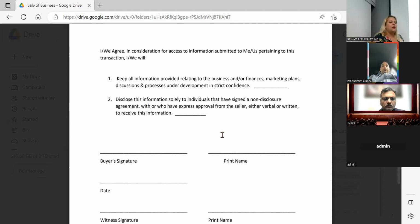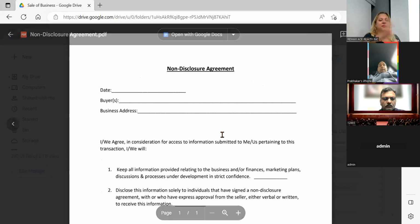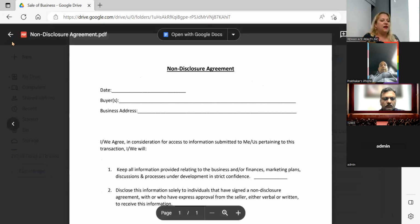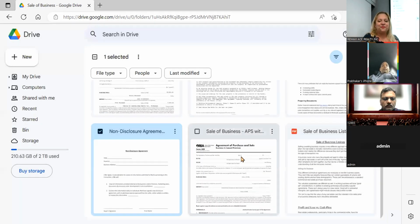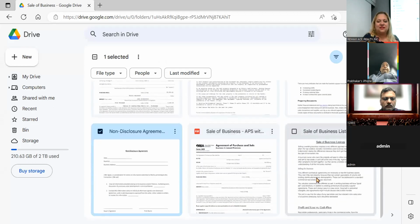So I, as the buyer, am probably going to share this information with my lawyer, perhaps my accountant, to see if this purchase makes sense for me at the end of the day. So I always make them sign the non-disclosure agreement. And that's just something I created really quick there. But again, it's a document that we're missing on MLS. We should definitely have it up there. Okay. So sale of business